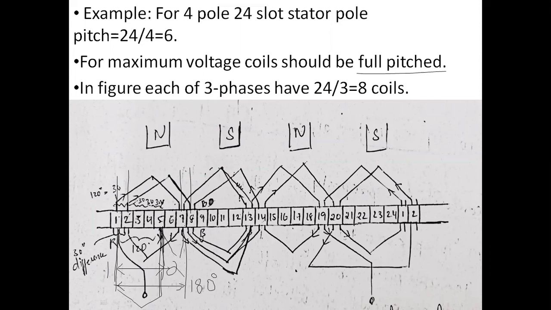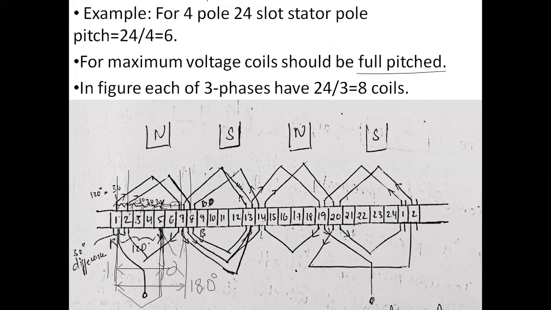Right? Do you understand? Total is 180 degrees, 7 slots. So each slot difference is 30 degrees, right? Each slot has a difference of 30 degrees. So as the coil is ending before 2 slots, what is happening? It is lagged by 60 degrees total. 30 plus 30, 60 degrees it is lagging. Okay. So that condition is called short pitch.